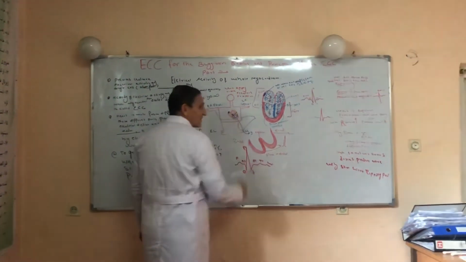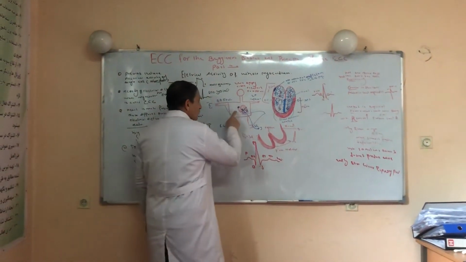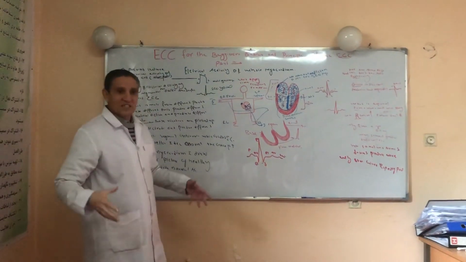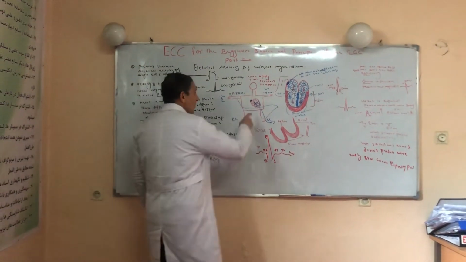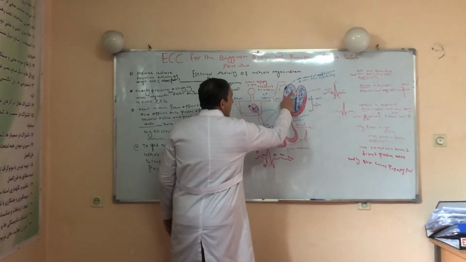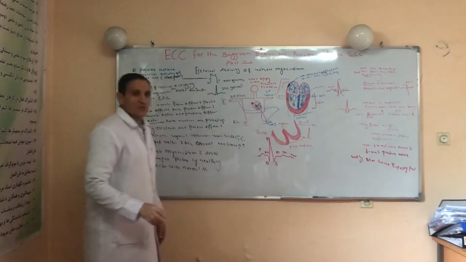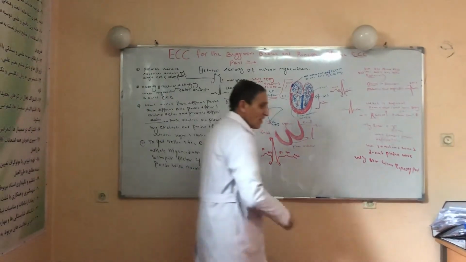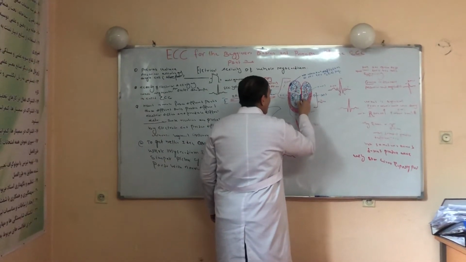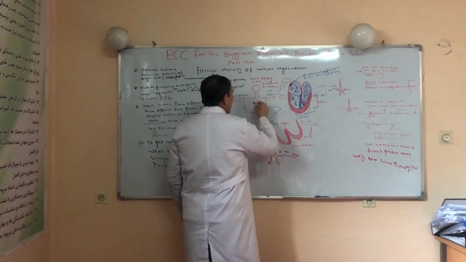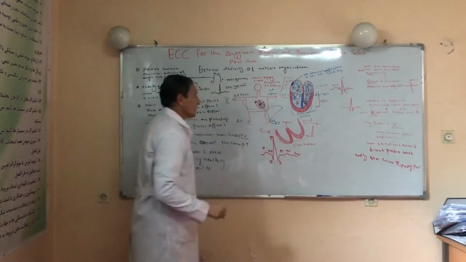Since we know the right atrium and left atrium are electrically connected to each other through gap junctions, the right atrium and left atrium are electrically activated together, at the same time. So this is one vector and this is another vector, and by this mechanism these two vectors produce a single vector which moves downward and leftward. Did you catch this one?